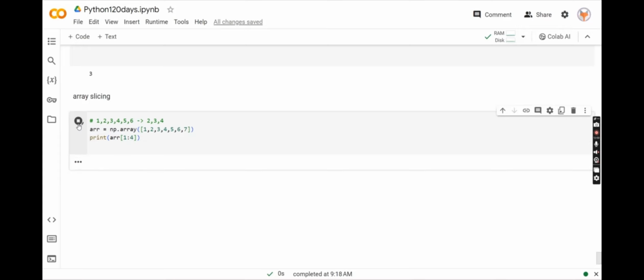One thing you may have noticed or not, let me tell you. If I want from 2 to 4, what is the index? That is the 0th element, this is the 1st element, this is the 2nd element, this is the 3rd element. Okay, so if you want from 2 to 4, you have to put